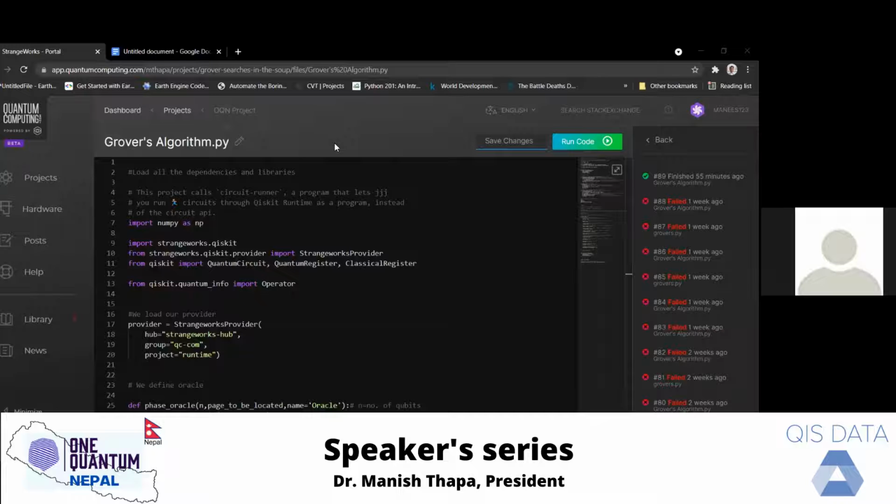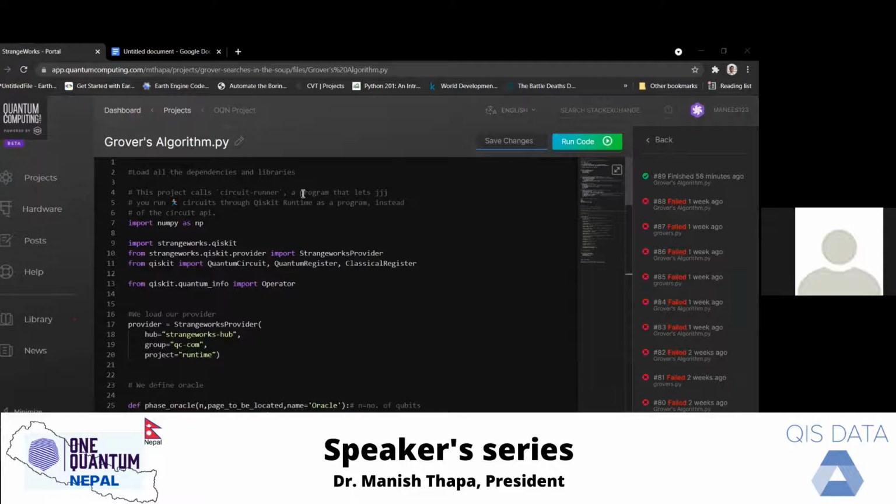Now we go on to running our circuit on real quantum hardware. We jump to the Strangeworks platform. This Strangeworks platform allows us to access IBM hardware, so we can directly run our circuit on IBM hardware.